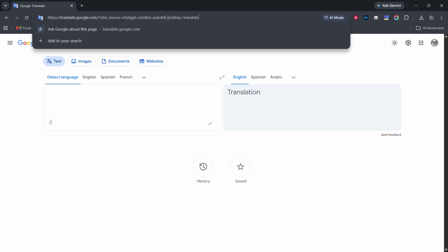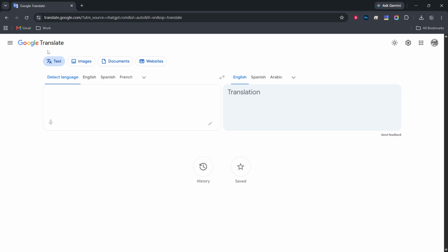From there, go to the Google Translate website. In the address bar at the top, type translate.google.com, then press enter. After a moment, the Google Translate page loads. You should see two main language boxes next to each other, with source language on the left and target language on the right. Above them, there are language names you can click, and below you may see a big text area and some icons for speaking or listening. When you see those two side-by-side boxes, you know you are on the correct page.